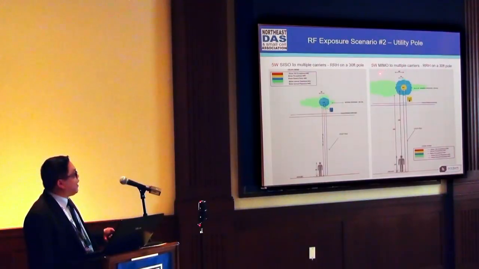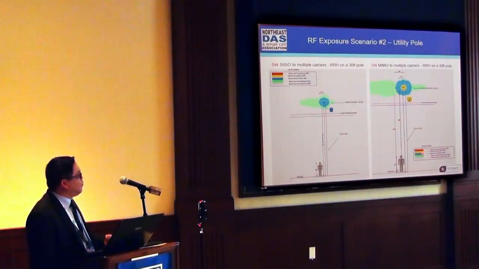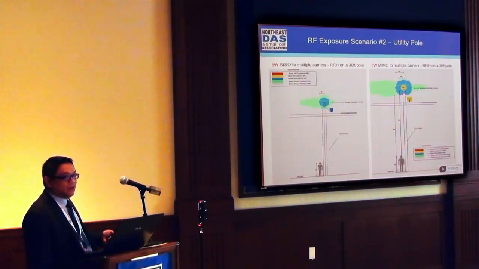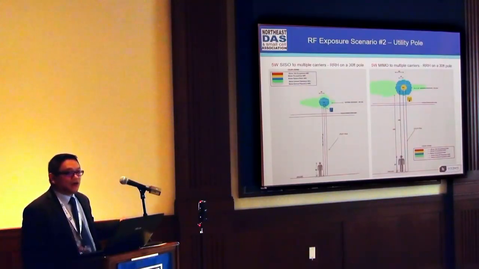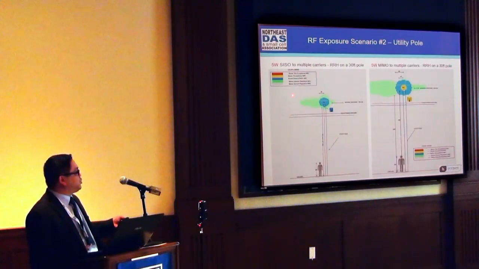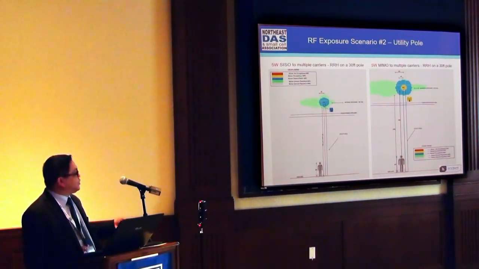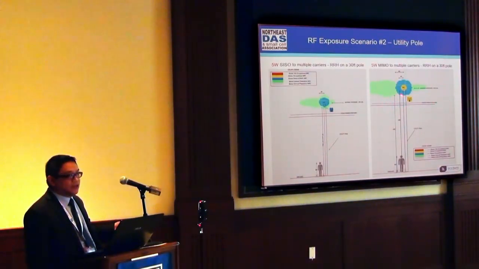Now, if you want it MIMO, now you actually see that instead of it becoming just the blue, it's actually at the yellow level. So there is an impact into doing an outdoor coverage solution, whether it's shared environment DAS versus remote radio head individual units and the compliance requirements. So that is something that really needs to be looked into when you're designing small cells, because it does impact the way your regulatory compliance is performed.